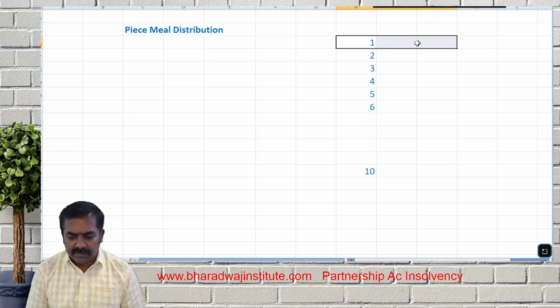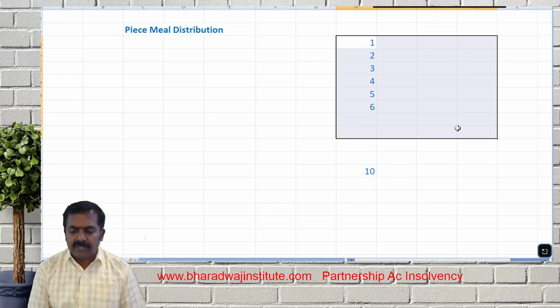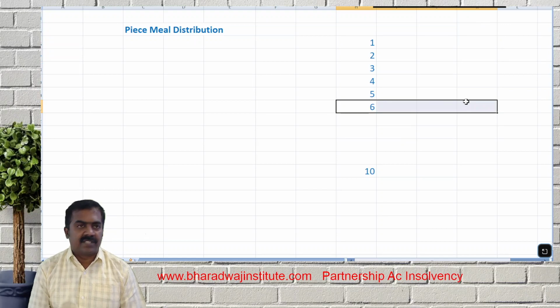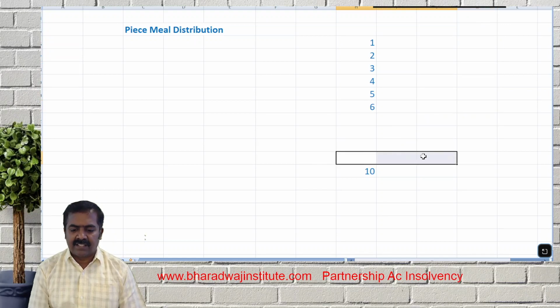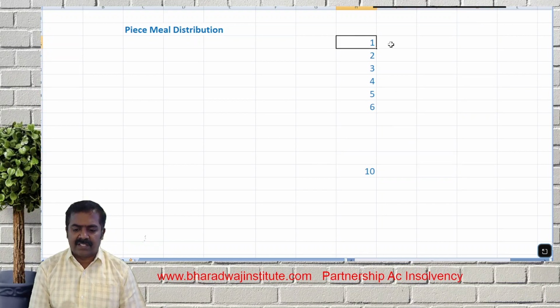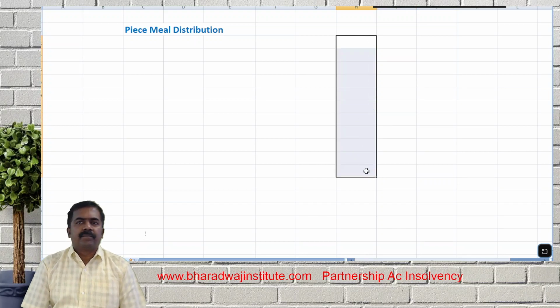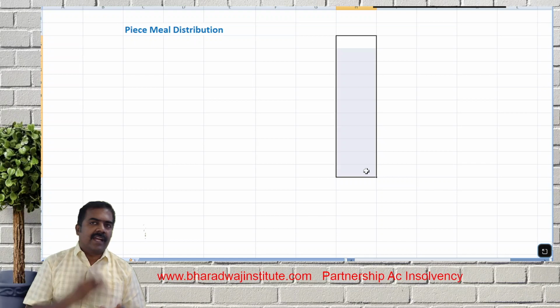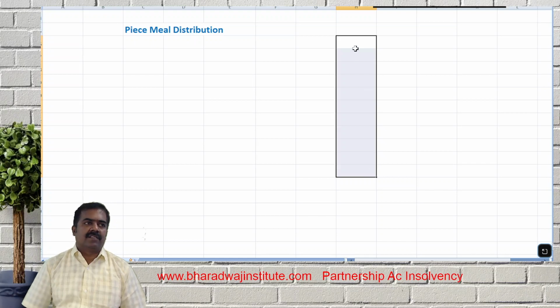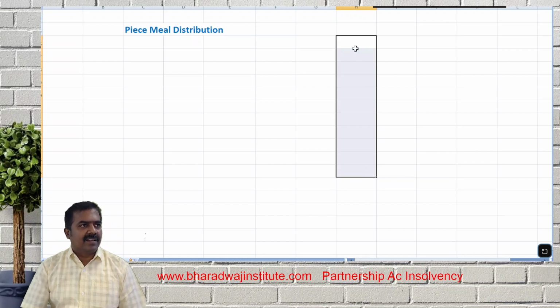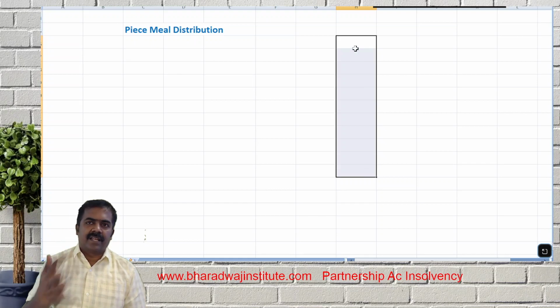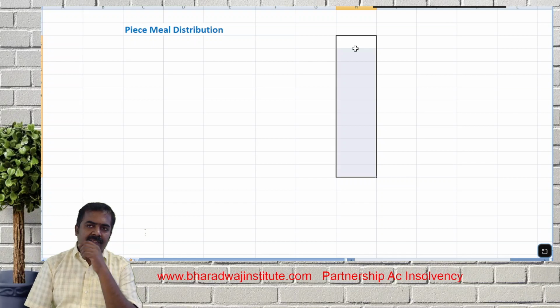So what will happen is assets will be gradually sold. We may sell the 6th asset first, 8th asset next, 10th asset next, then the first asset next, like that. Assets are going to be gradually sold. And liabilities, will you keep waiting for the next 6 or 7 months? Let us sell all the assets, accumulate money, settle all liabilities at once. No, then and there you will settle.